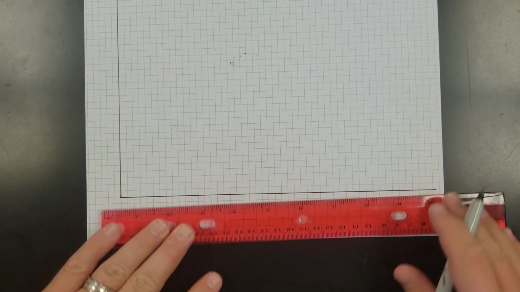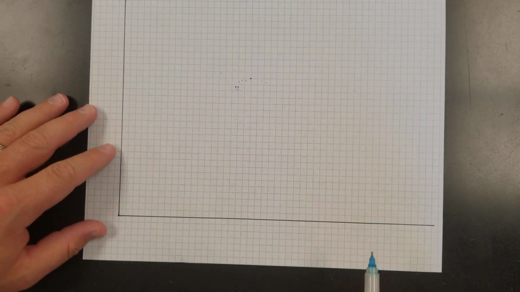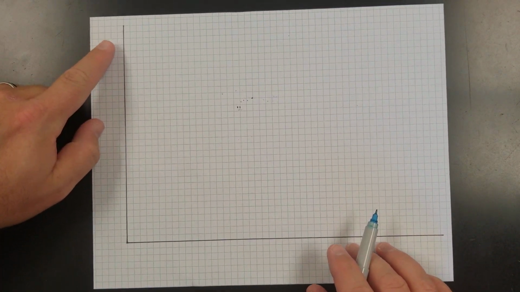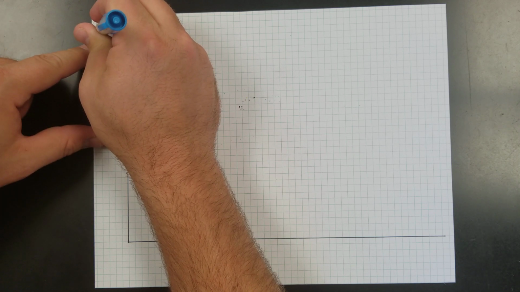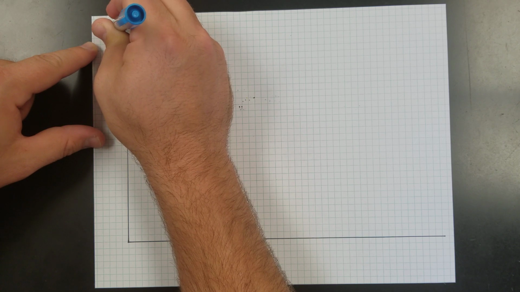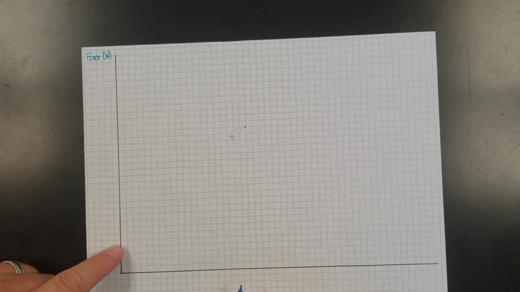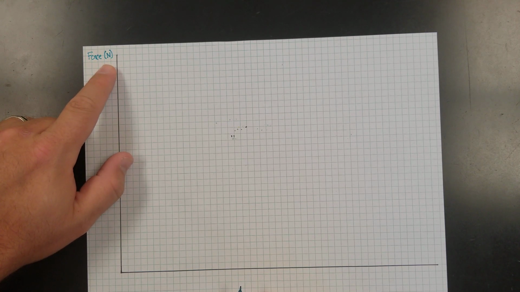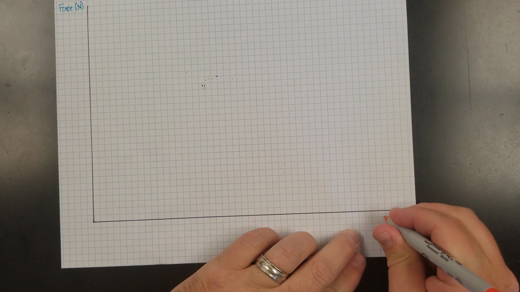And then draw it like that. So again, we're going to put force on the y-axis. Make sure we label it. So up here at the top, I'm going to write force, and with everything that we do, we need to include units. Instead of having to write out the units here, I'm just going to put the units with the label. So force is in newtons, and then our stretch